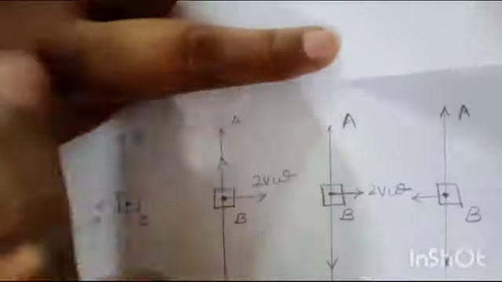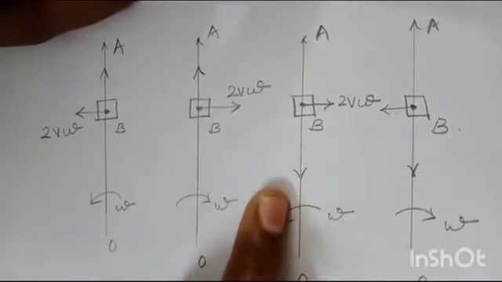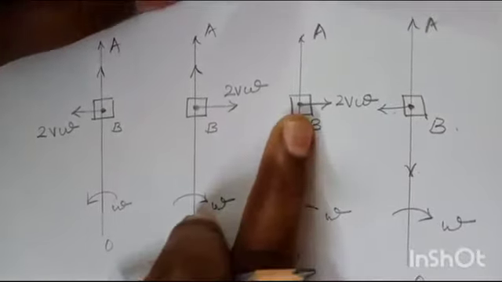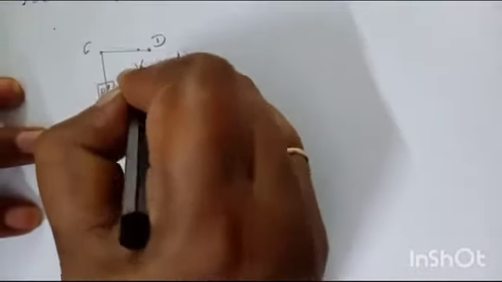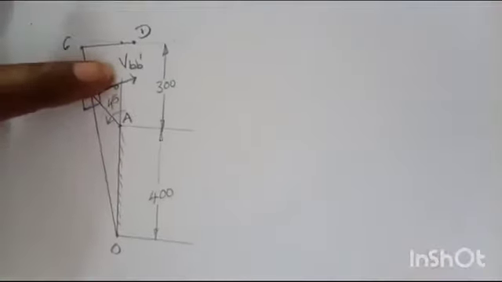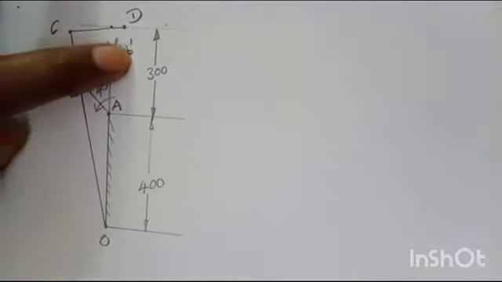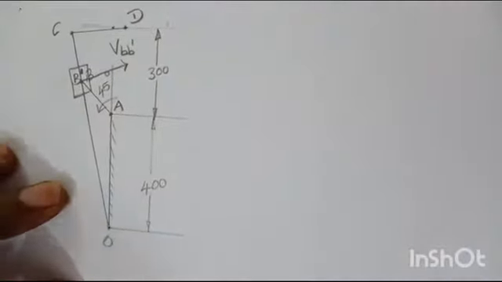In this case it matches with the third case. The slotter moving in anti-clockwise direction and the slider moving in downward direction, so the Coriolis component will come like this. So this is the condition for this. In this diagram you will get this projection in this direction. So this is your direction VB dash. This is your Coriolis component velocity and acceleration direction. So VB dash, that means the right side component you have to draw in your velocity and acceleration diagram.